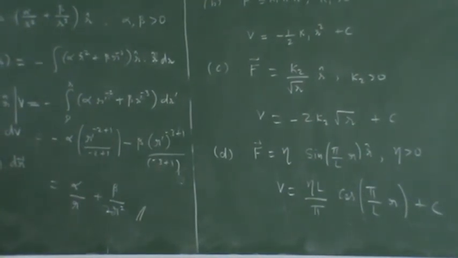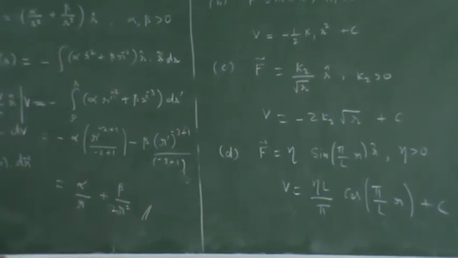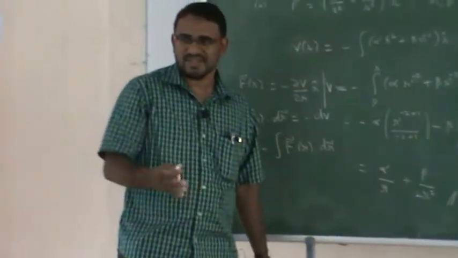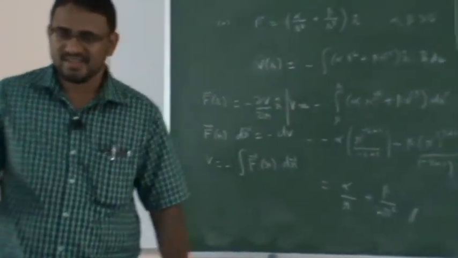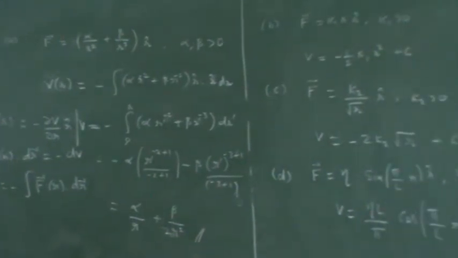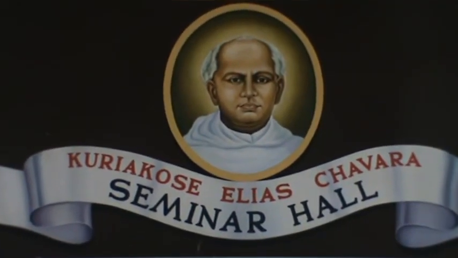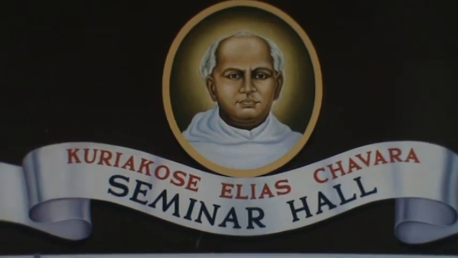There is a small problem here. When you are doing this integration, strictly if you put the limit r equal to 0, it will go to infinity. So I should not specify the limit? No, you should specify. You should understand that you are bringing that body from infinity, where the potential is 0, to a finite distance r in this potential.